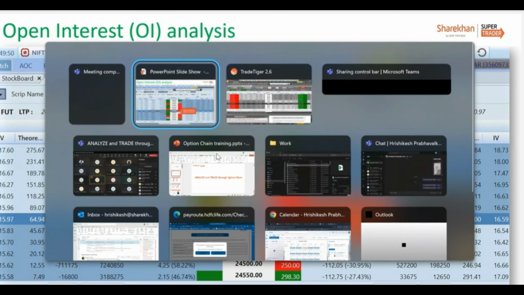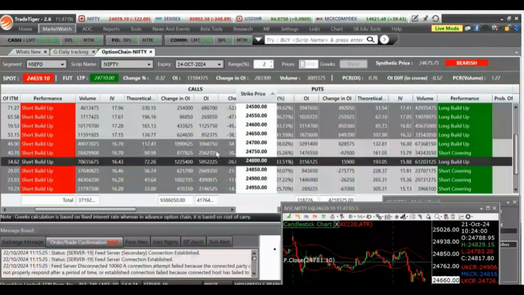Now, why did I say 24,800 and not 24,600 or 24,650? वो सब जगह पे भी short build भी दिया है. But I said 24,800 and the reason for that is we should look at the